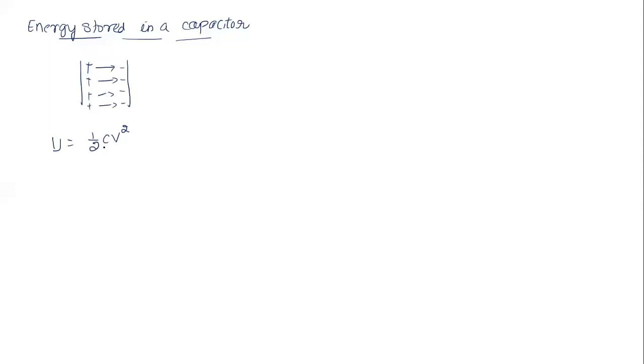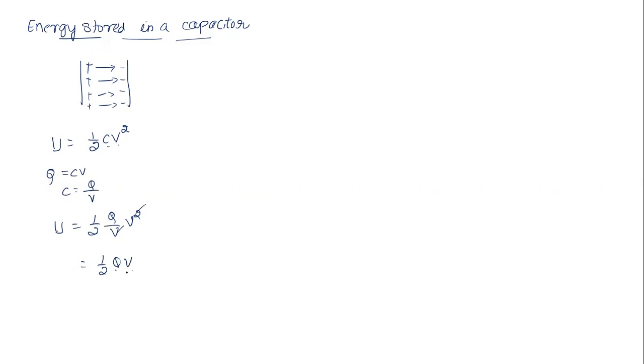Okay, now in terms of C and V it is this formula. Is this the only formula? No, there are so many formulas out there. Look at now, we already know the capacitance C of a capacitor having a charge Q is related as Q equal to C into V. Now I can replace C by Q by V, so U equal to 1 by 2, in the place of C, Q by V into V square. One V is going to cancel. It is half QV. That is one more formula, in terms of Q and V.